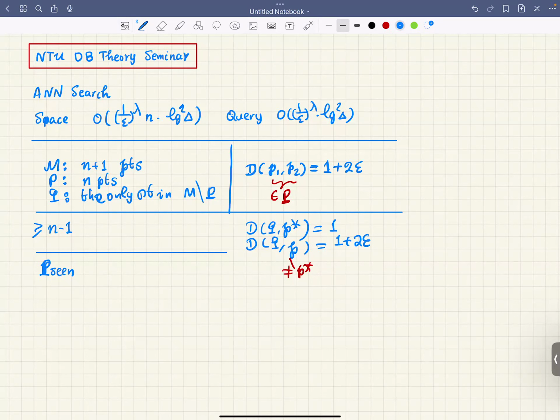Now my strategy is very simple. If you give me something not in P sim, I calculate how many distance values you have requested. Basically, this is the size of P sim. If the P sim size is less than or equal to n minus 2, because my goal is to force you to do n minus 1 distance computations, then I'm going to return, you know what? This is 1 plus